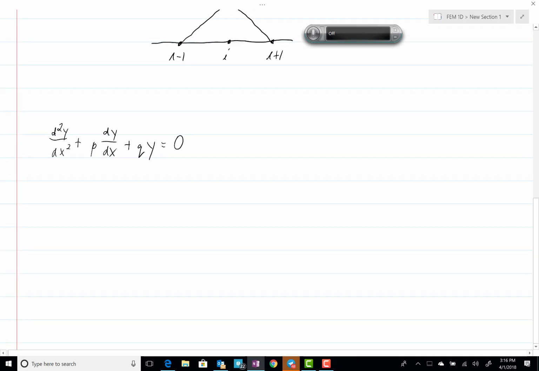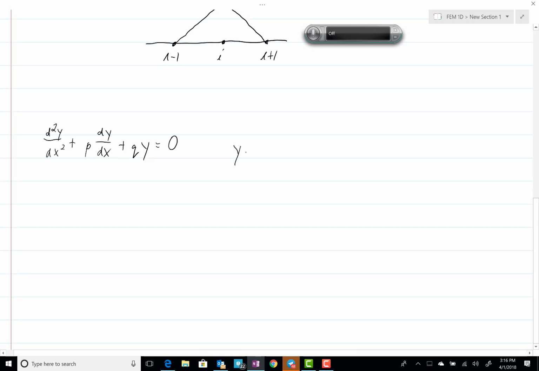That's no problem. It's no difficulty. And y is equal to the sum i equals 0 to n plus 1 of c_i b_i of x. And so we go ahead and substitute that expression for y into the differential equation, and we will get